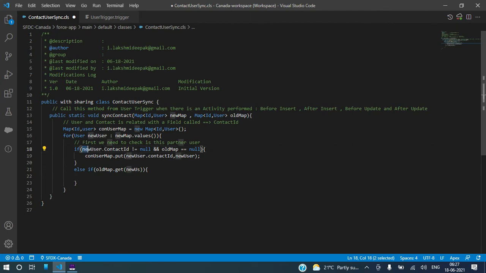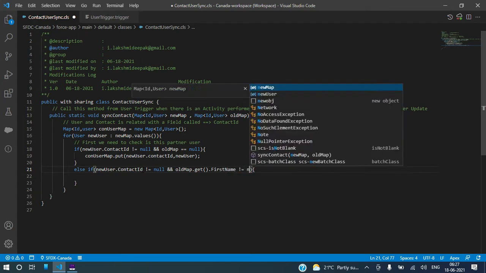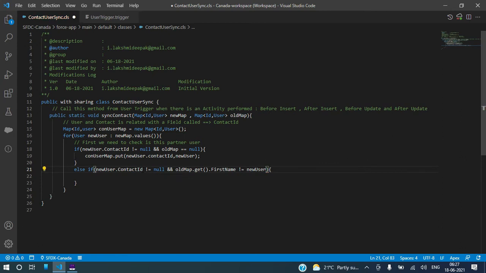No, I have to do this. Always I need to check whether this is not a contact null and old map dot get dot first name not equal to new user dot first name or